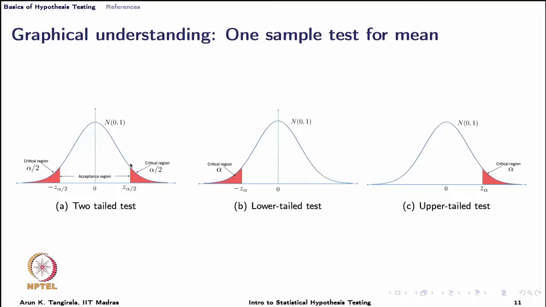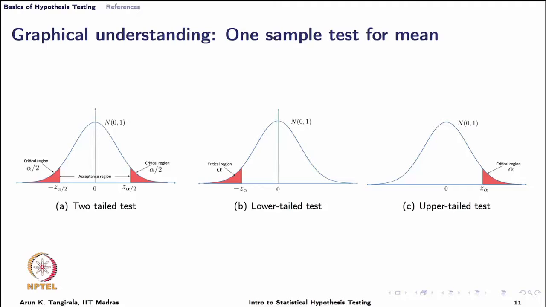Remember, if I specify this value on the x axis, I can calculate the probability. That is what P norm, for example, would do. Q norm will tell me the reverse, that is, I specify the probability and it tells me the value on the x axis. Which probability should I specify? The probability that the z statistic will take on any value from the left extreme to this z alpha by 2. That is how Q norm is written.